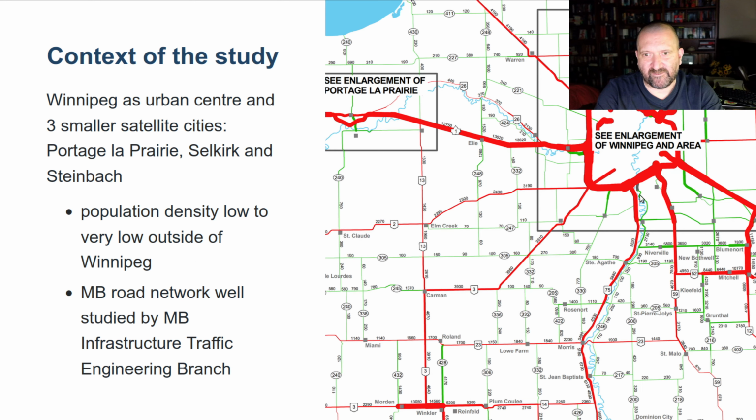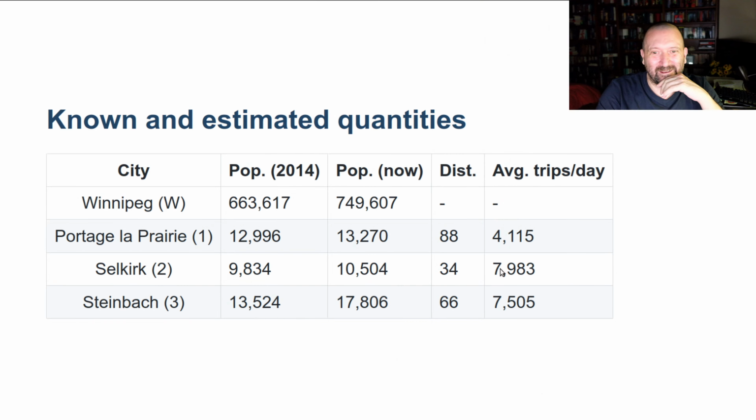It's that city that's right here or underneath me in the graph. And Steinbach is the one on the bottom right. It's midway between the other two, and the population is the largest. And we approximated the number of trips per day using sort of complicated algorithms to try to derive how many trips on average were taken per day between those